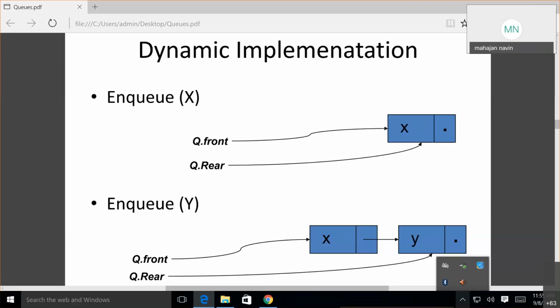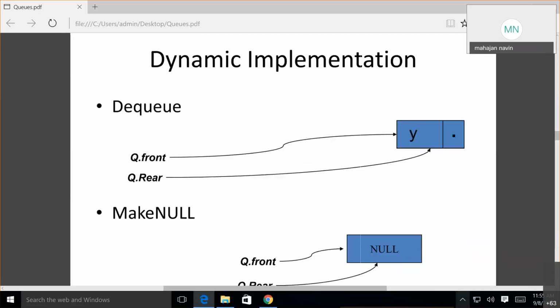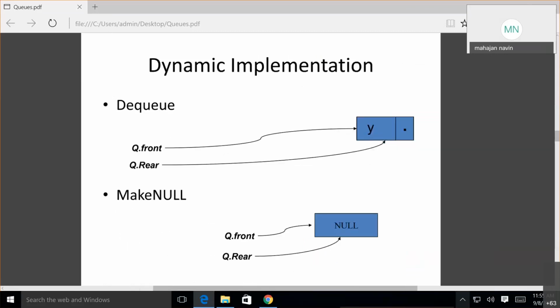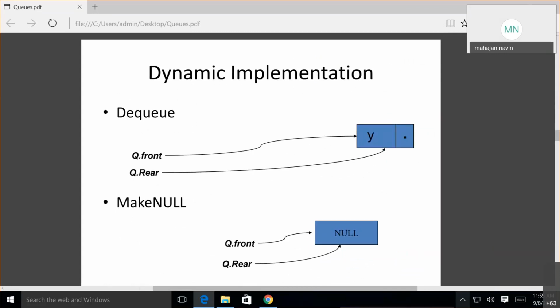So this is how dynamic linked implementation works, that is inserting and dequeuing. Suppose both are pointing to the first element. Once you dequeue, the whole queue will be empty.